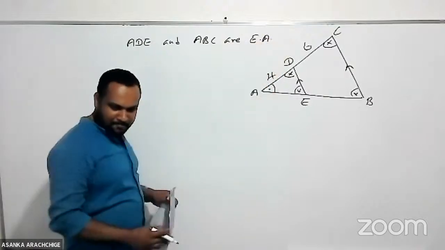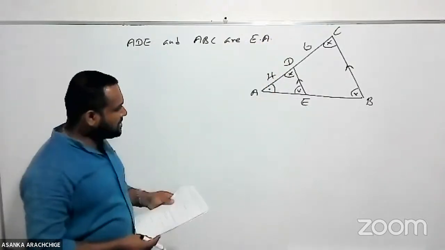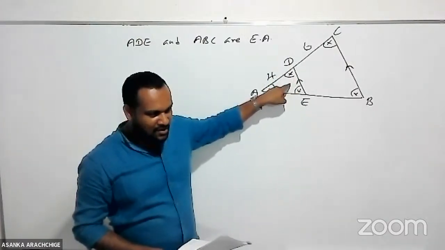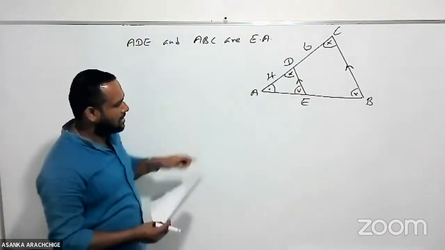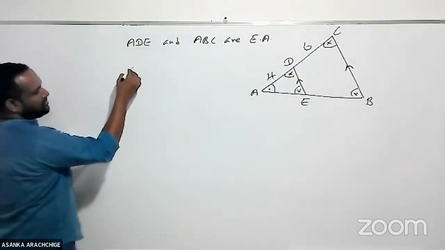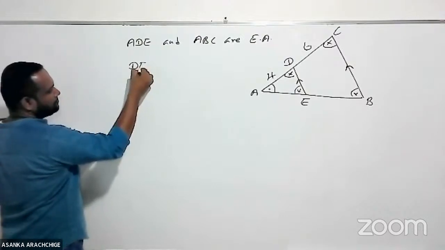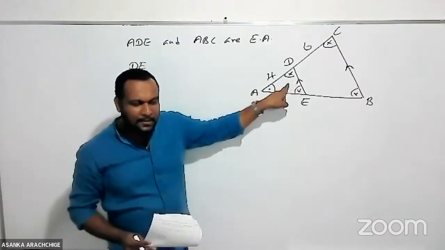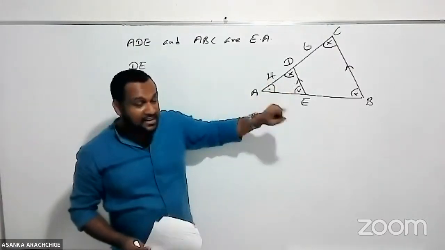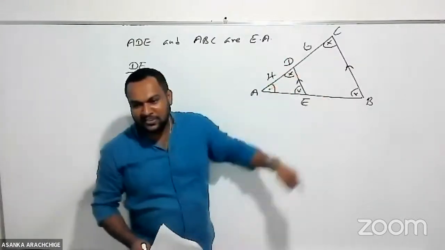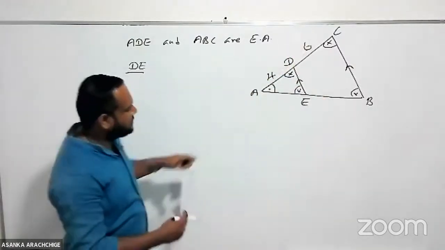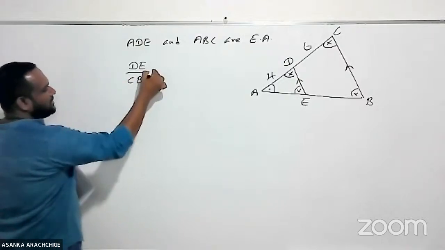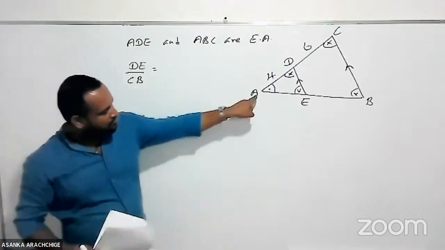You know, DE is one of the sides in the small triangle, no? Therefore, if I take DE in the small triangle, what is the side corresponding to DE in the large triangle? That is BC or CB. CB must be equal to